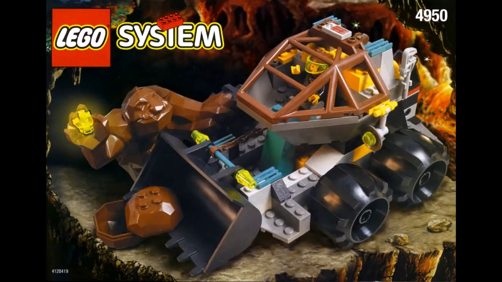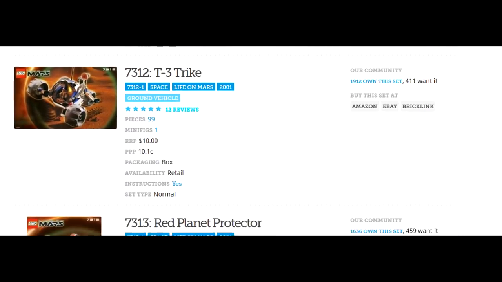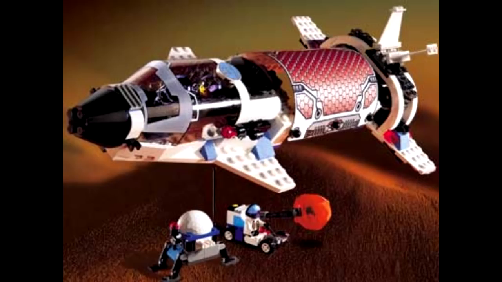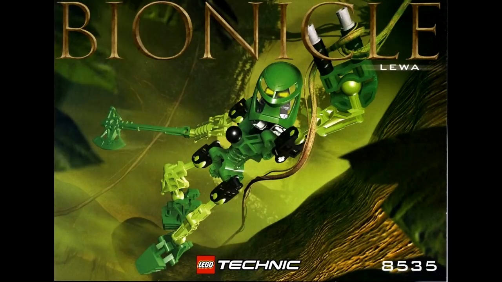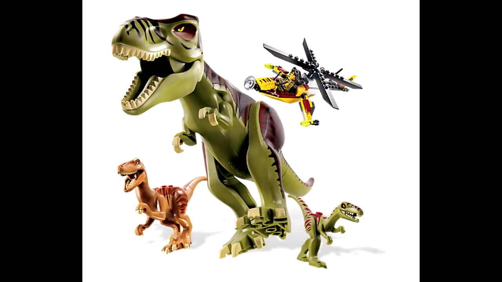For those who are new to this, the price to part or price to piece ratio isn't exactly a rule, but it's generally taken for granted that on average, you should expect around 100 pieces for every $10 US you spend on a set. There are a lot of exceptions to this, like construction lines that use big, detailed pieces that are expensive to mold, or sets that feature large animals and dinosaurs that eat up a lot of plastic,